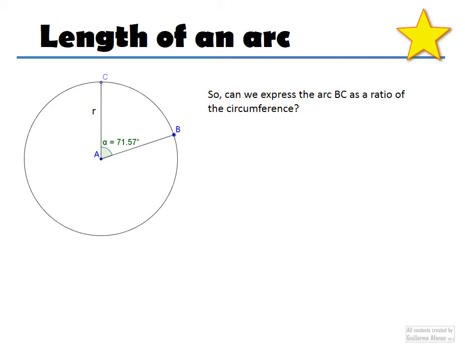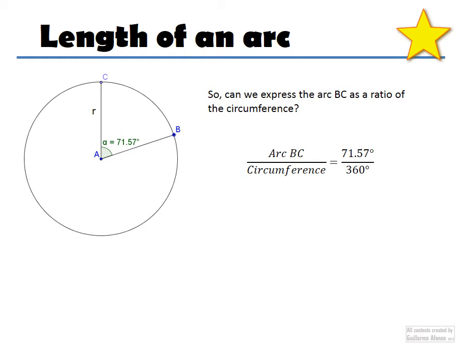Well, we can simply do the following thing. Whatever that arc measures is the arc that corresponds to the angle that goes between AB and AC, this angle of 71.57. Because picture now that I'm at point B and I start moving around. Well, the angle will be getting bigger, bigger, bigger. And by the time I get back to B, I have gone around 360 degrees. So what I'm saying here really is, whatever the arc measures is whatever corresponds to 71.57 degrees,